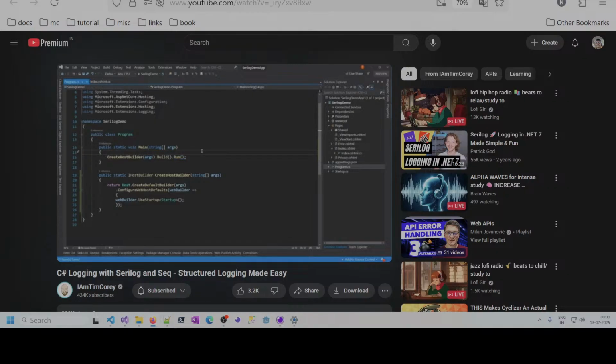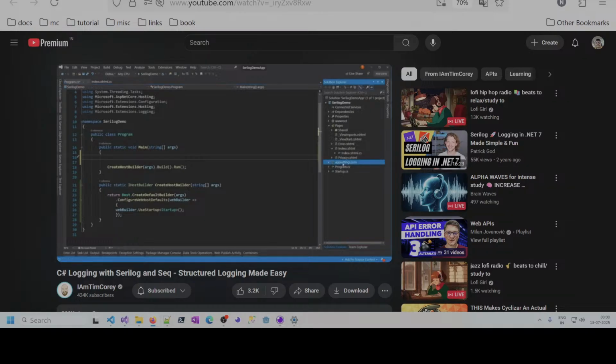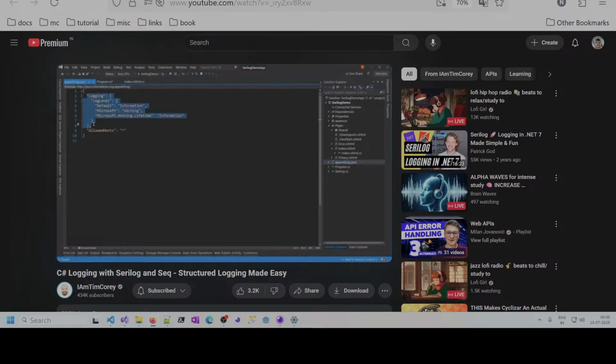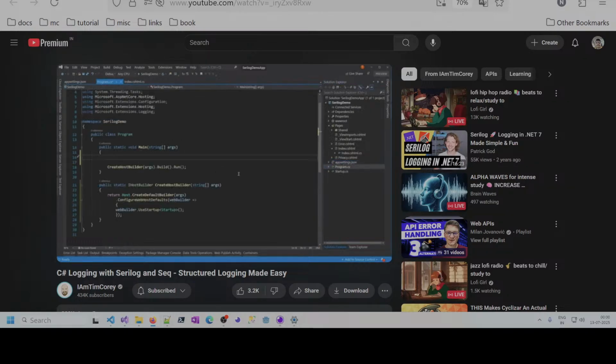But what I want to do is add logging right from the start. So I am going to set up Serilog right here. The first thing I'm going to do is talk to the configuration file, the app.config file, or the appsettings.json file, which right now has some settings for the built-in logger, which I'm going to get rid of in just a minute. But first, I want to pull settings from this for Serilog,